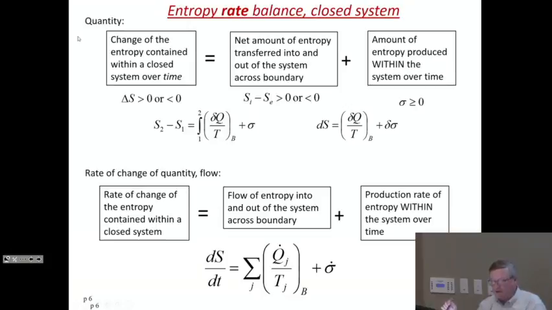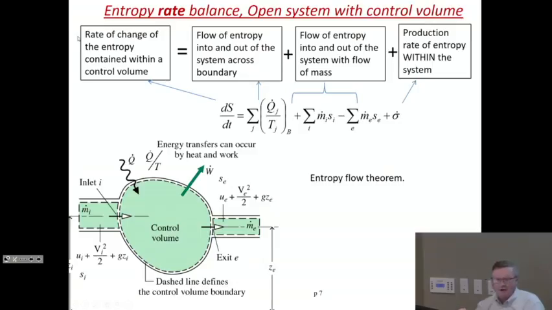Now, if we take that same thing and take a time derivative of it, so now the rate of change instead of the change, the net amount of entropy transferred is the flow of entropy in and out of the system, and then the amount becomes the production rate of the entropy within the system. So the differential form is to say that dS/dt, or S dot, is the change in heat that comes across the boundaries, but these are the heat flows, and this then is the rate of production of irreversible entropy. Why? Because we're going to feed this rate equation into exactly the thing that we did when we